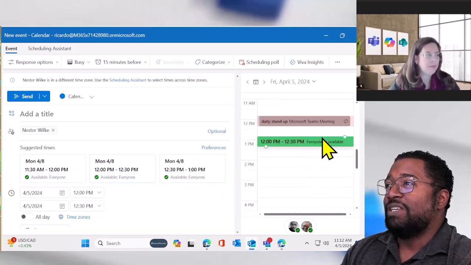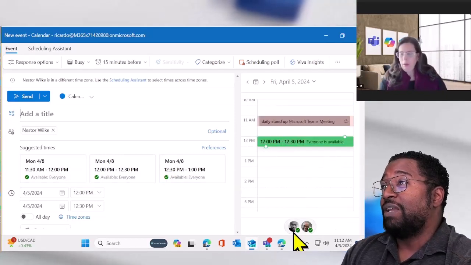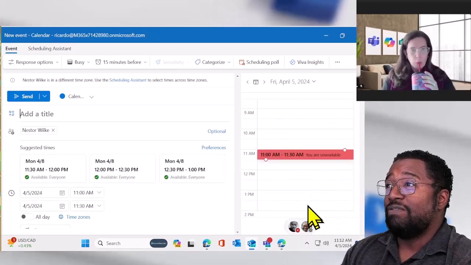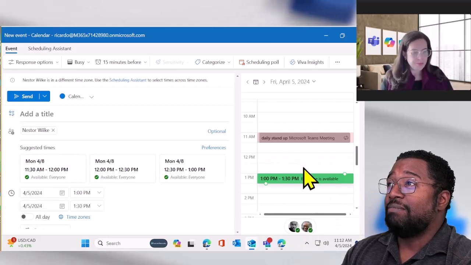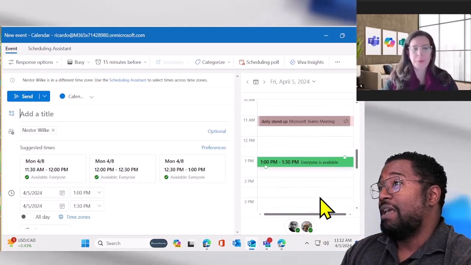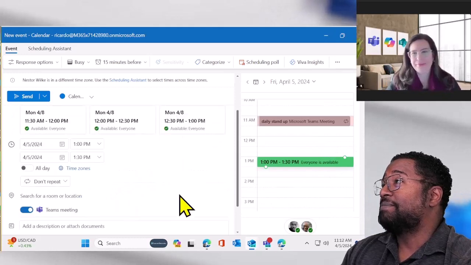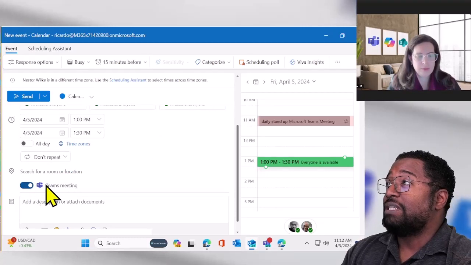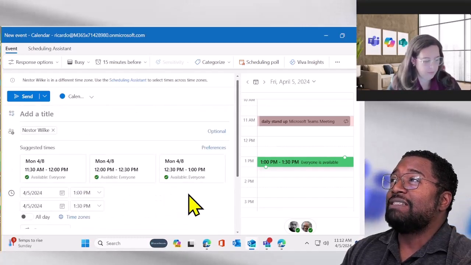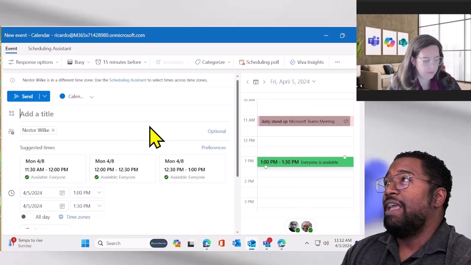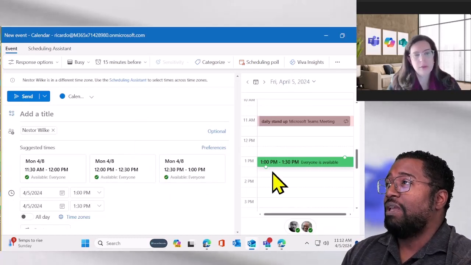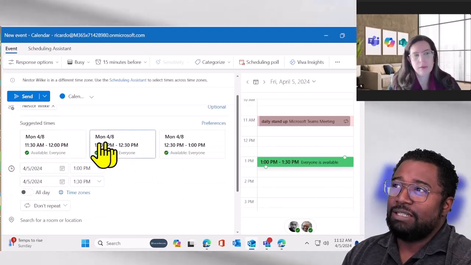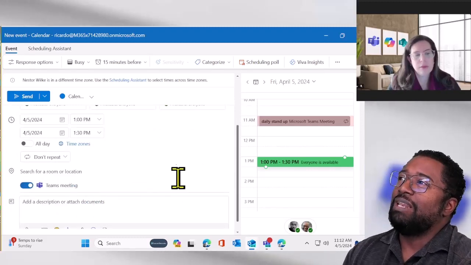I do like also this view here for scheduling, where as I'm clicking through, you get to see whether someone's available or not in that particular section. So I do like that as well. We can see obviously that there's a checkbox for the Teams meeting, but we don't get a lot of Teams specific stuff in this particular view. So it's more Outlook based, but it is ready to make a Teams meeting,